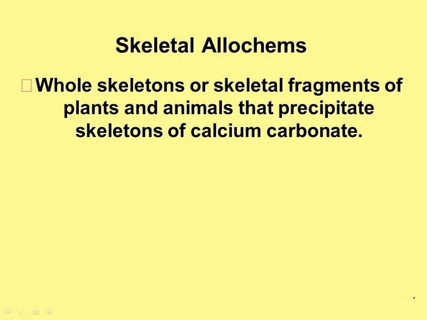So whole skeletons typically are microfossils. They tend to have the entire skeleton preserved, which is very useful because it allows you to identify them quite accurately, whereas a fragment, depending on the size and the shape of the fragment, you might not even be able to tell which larger group it belongs to, let alone be able to identify the species.